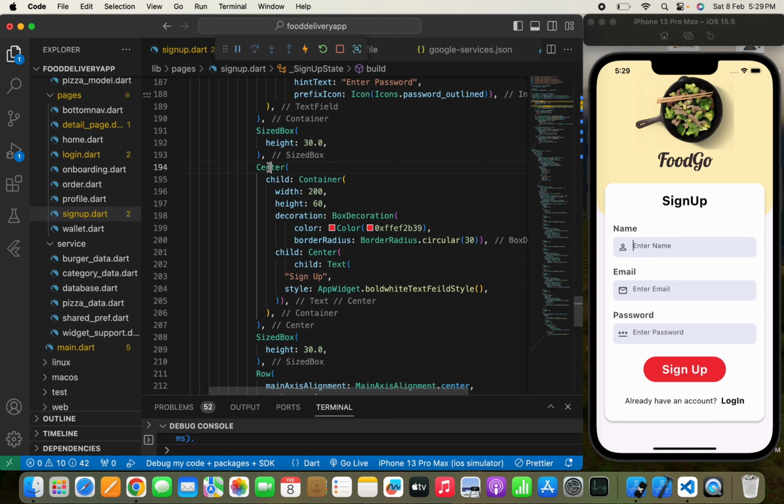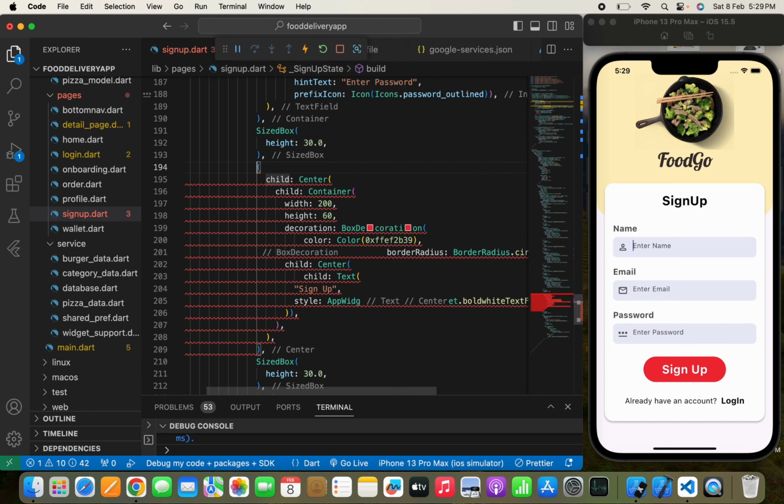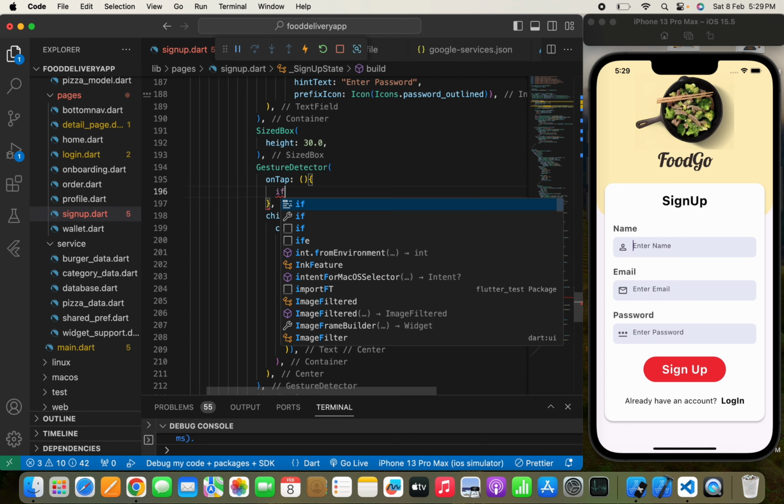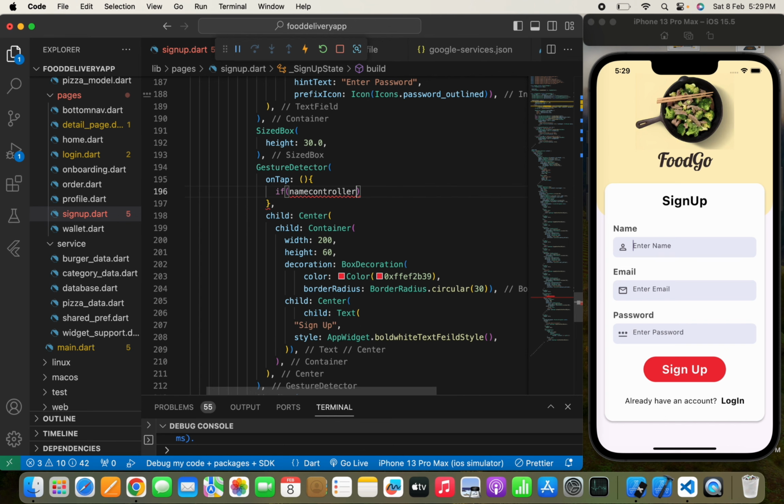Now here I'm going to simply wrap up the center widget with a gesture detector, and in the on-tap method, first I'm going to check whether the user entered all these three text fields or not. So I'm going to pass the name controller text should not be empty, meaning the user has entered the name text field. If they have, then we are going to check that the mail controller dot text is not empty,